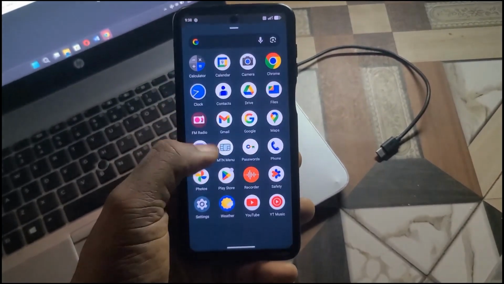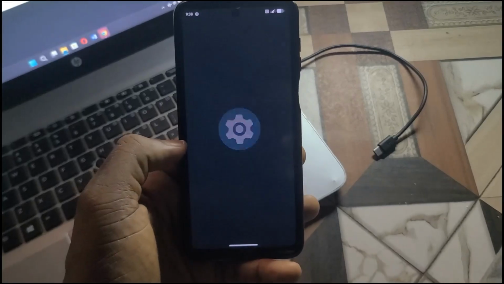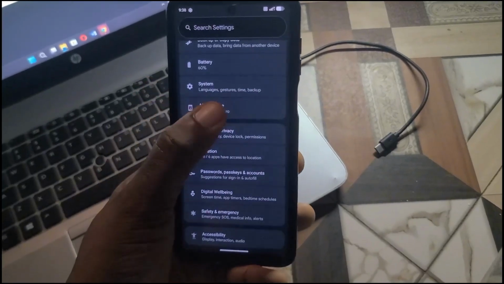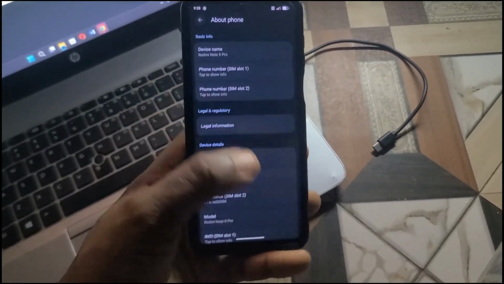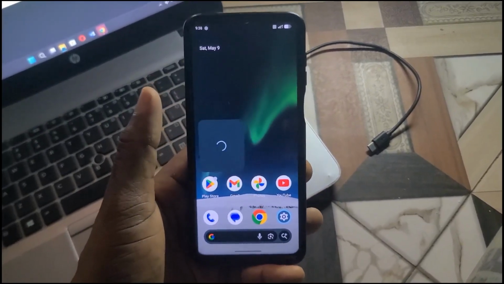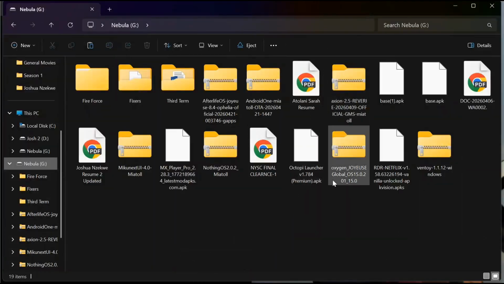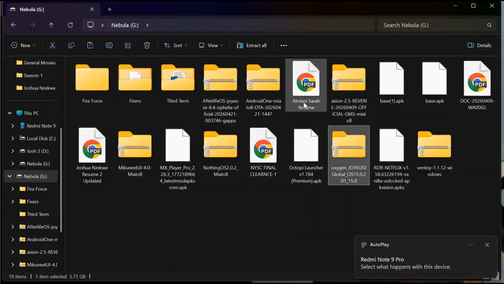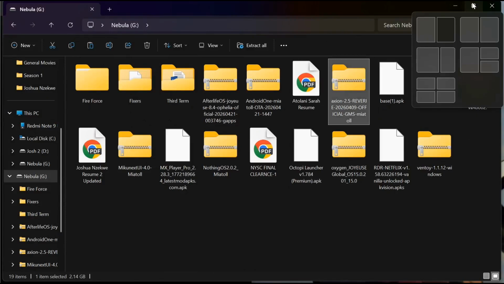All right, our Android One custom ROM has been set up, and if we go all the way down to about phone, here you see that it's actually Android 16. Let's move on to the next one. Okay, so we're done with that, and the next three things we want to do now will be OxygenOS, AxionOS,